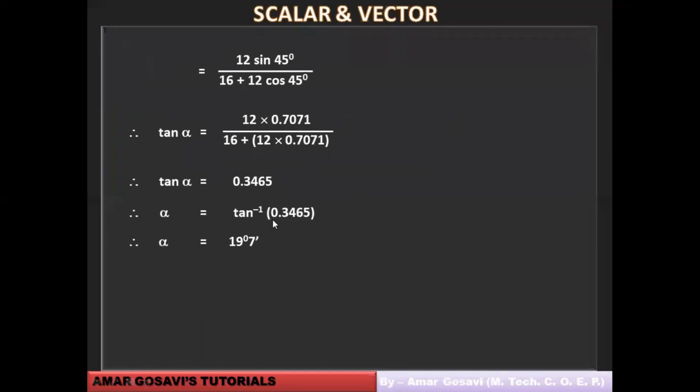You take the tan inverse of this, natural tangents in log tables. So how you take tan inverse? This is something which you will learn in mathematics. How to take tan inverse using log tables. So log table, you will get this value. Okay, search this value in natural tangents and corresponding angle you have to work out. So the angle for this value comes out to be 19 degrees 7 minutes. So this operation can be done with the help of log table. So please make a note of this where you get the value of alpha. Hopefully you are making a note of it. Let me know once you're done with it.